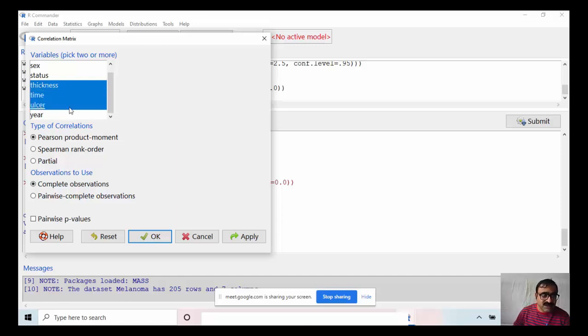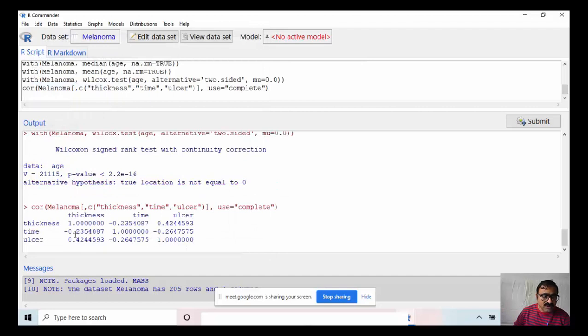I select these three, the product moment correlation. Okay, so this is the correlation matrix. See, the correlation between thickness and time is very low, and between thickness and ulcer a little bit, 0.4, even though it is low.